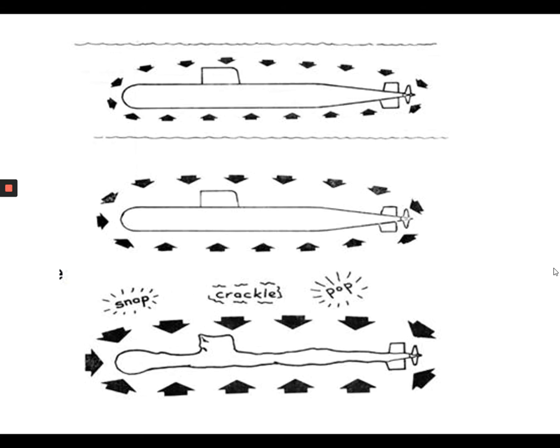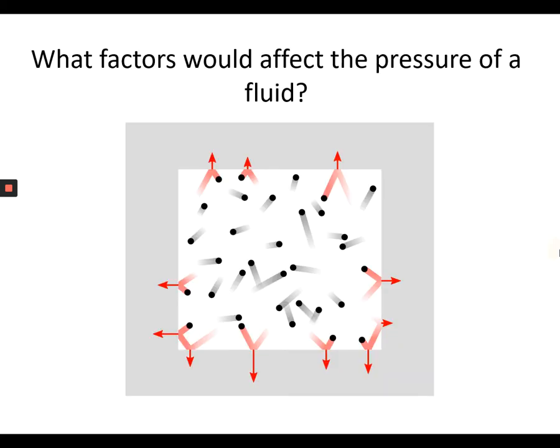Here's an example of where pressure becomes bigger. So you would probably know that if you go deeper down, things can break. A submarine has a maximum depth that it can go to without starting to crack and implode, I suppose. If you swim just a few meters down, your ears will pop and you'll need to pop them yourself. So hopefully, as we increase our depth, the pressure increases. So pressure therefore is proportional to depth. Now there's not a lot else to it really,